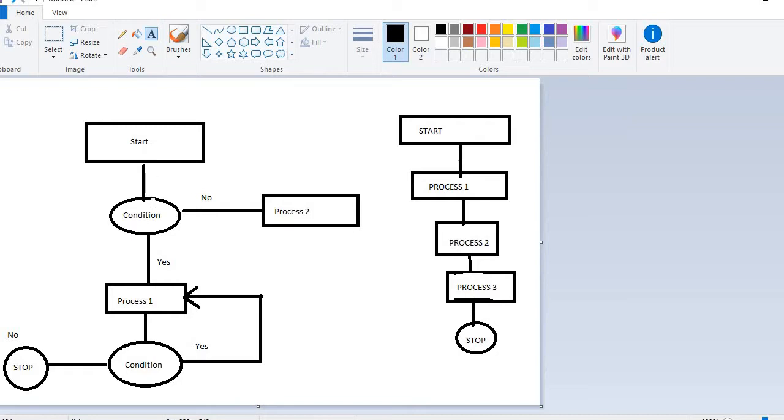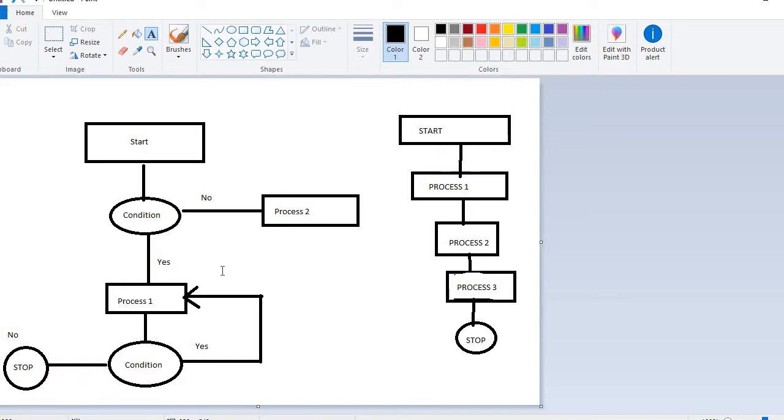If the condition is yes, then it will process the second process. If the condition is no, it will go to another process. Again, if it is facing any kind of condition, if the output of that condition is true, then it will execute process 1 again. If the output is no, then it will stop, meaning the system will stop.